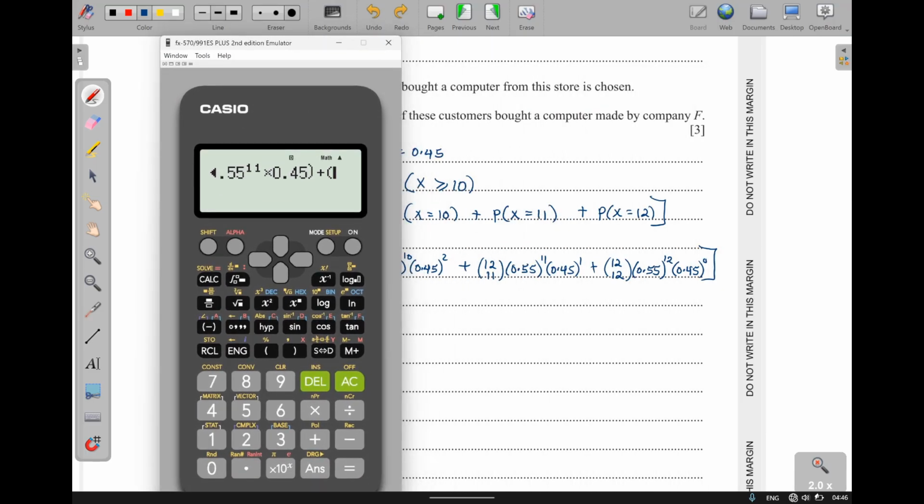The last one is 12 factorial, 12 combination 12, that is the same as 1. So we just put 0.55 power 12, just that one there. And we are getting